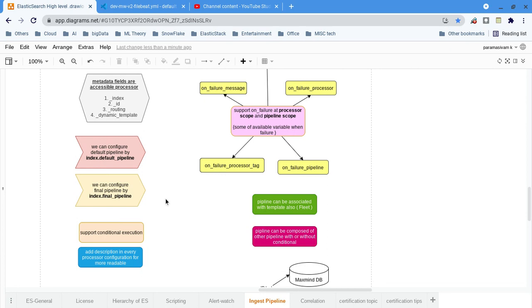If you want to execute something for everything, let's say for all the nodes I want to add some timestamp, or some count, or assign something, it can be anything. One of the use cases is, we want to measure how much storage is ingested per day. There are easier ways, of course. You can get the status of yesterday, then get the status of today, and by manually subtracting you can do that. But still, if you want, you can declare a default pipeline in the Elasticsearch.yml file itself. Similarly, final pipelines: it is a pipeline run before indexing. That also has to be configured in the Elasticsearch.yml file.